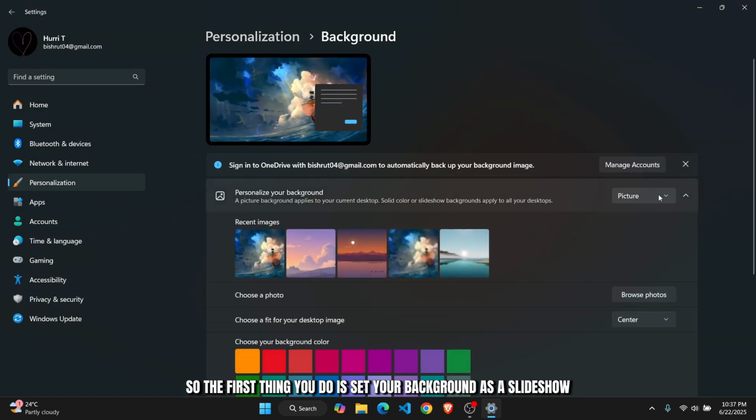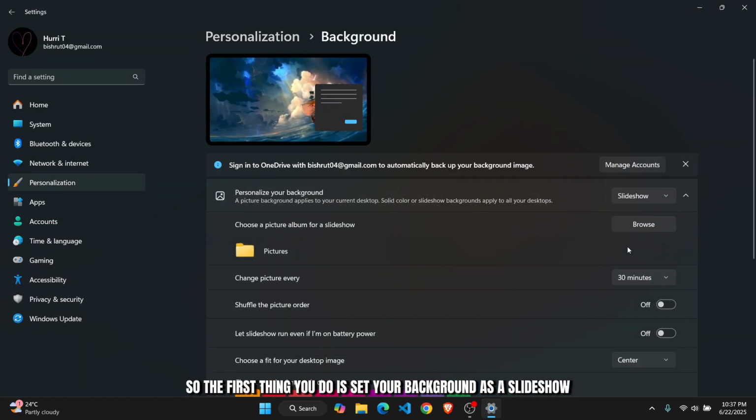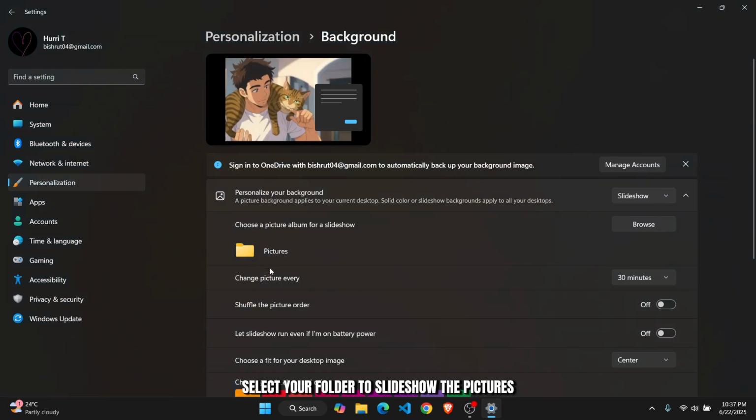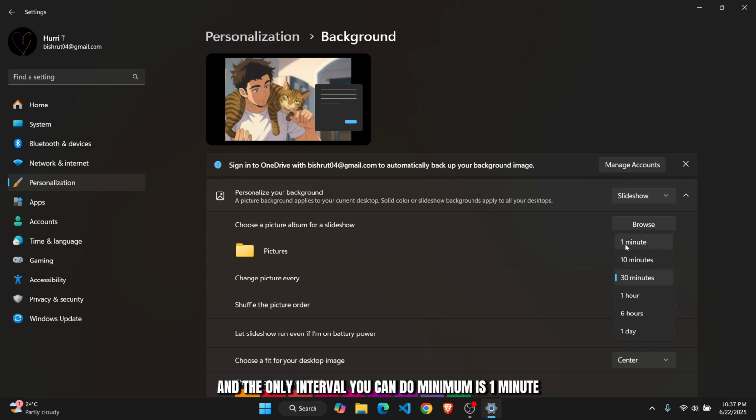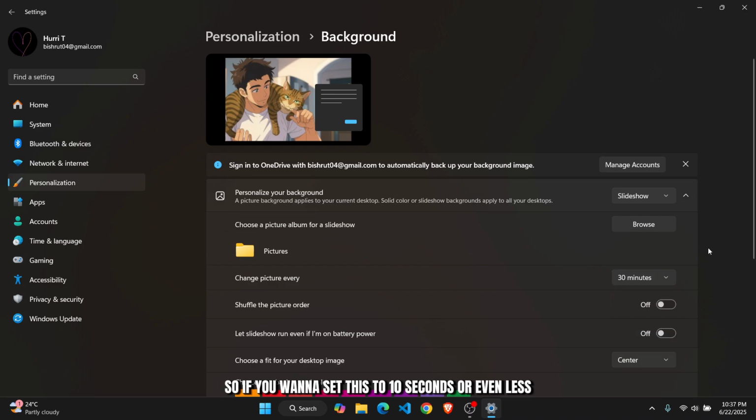So the first thing you do is set your background as a slideshow. Select your folder to slideshow the pictures. And the only interval you can do minimum is 1 minute. So if you want to set this to 10 seconds or even less, what you can do is just go